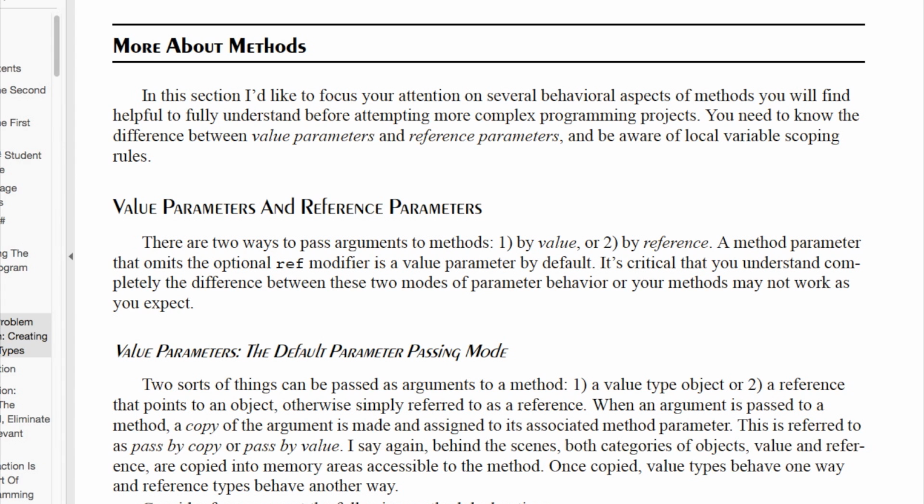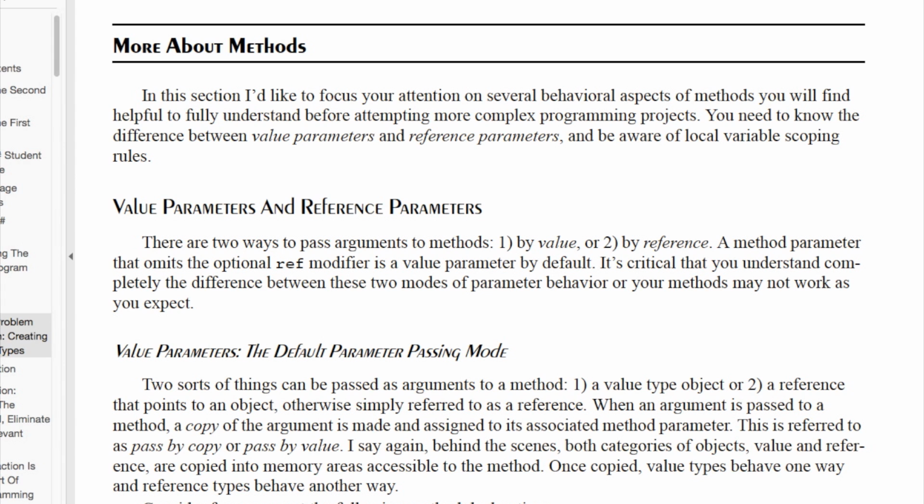So, when you create a method, generally you want to pass parameters to it. Not always, right? But sometimes you do, in order to pass an argument into the body of the method so that you can perform some type of work. Now, you need to be aware of exactly how that passing takes place behind the scenes, because the behavior is slightly different, or actually largely different, depending on if you pass a value parameter or a